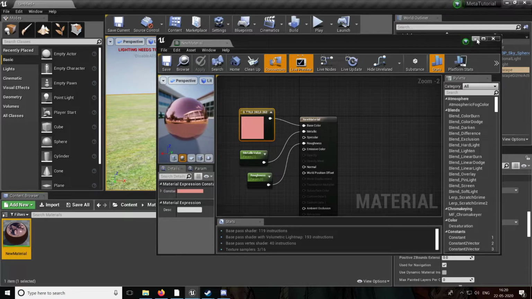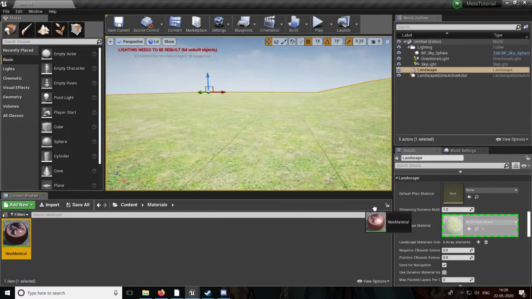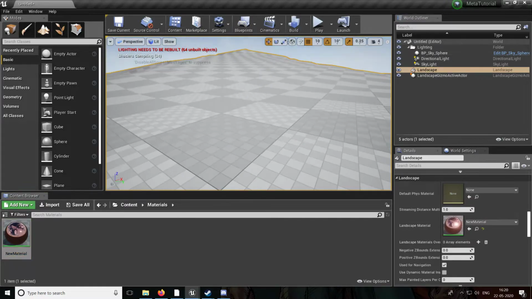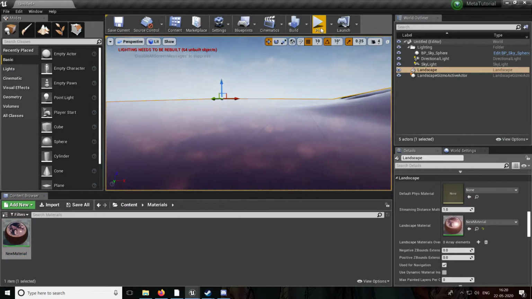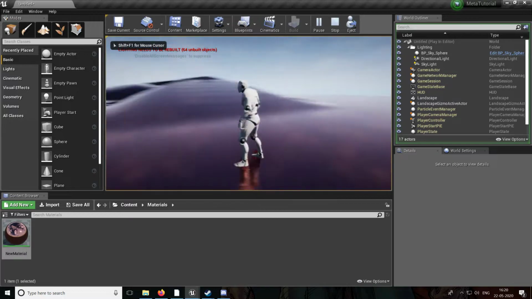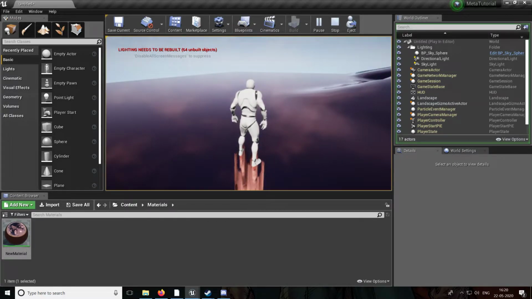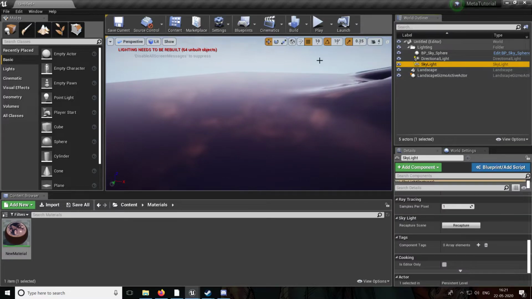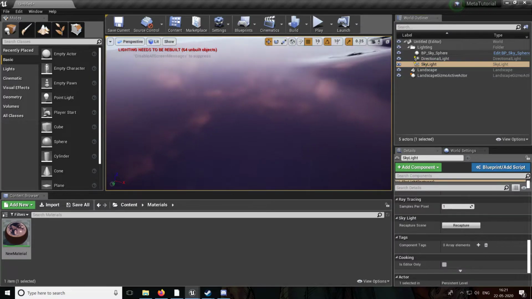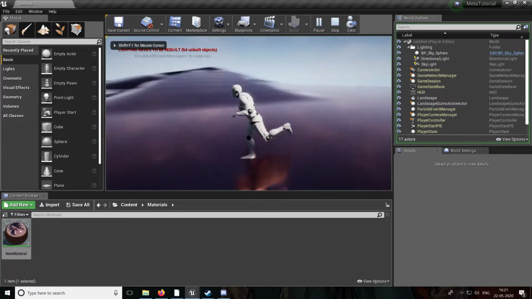And what I'm going to do is minimize this, drag and drop this into our area. Right? I'm going to press play. Voila. As you can see, there's a reflection of the sky on the floor. That's being generated by the skylight, the map of the clouds. Like I told you, the skylight, which is here, takes a picture of the clouds and beams it towards the floor, which is essentially what's happening.